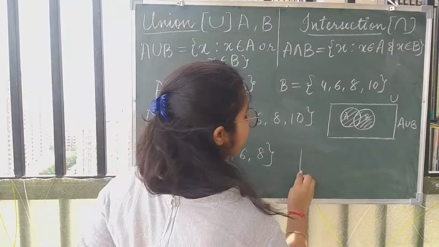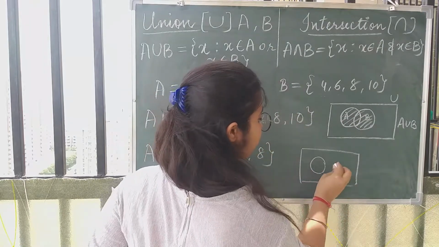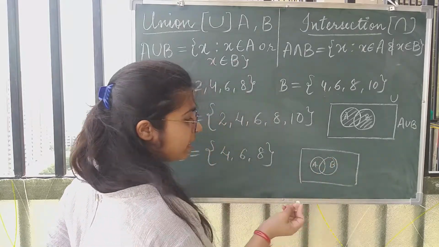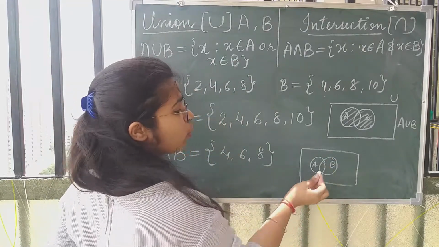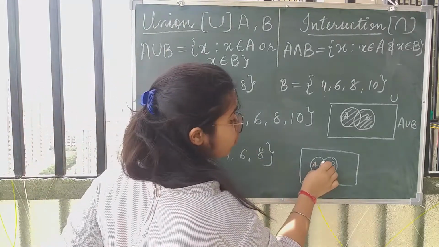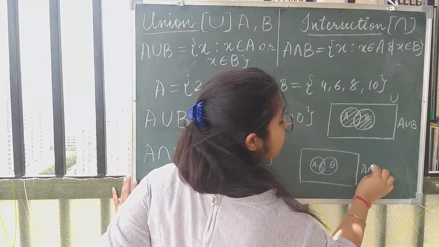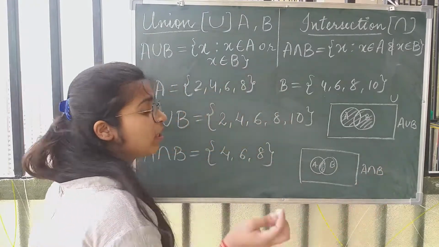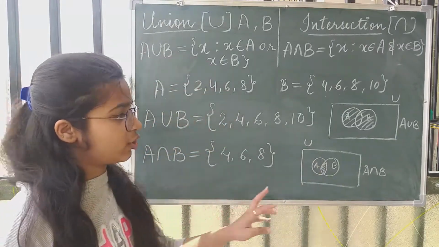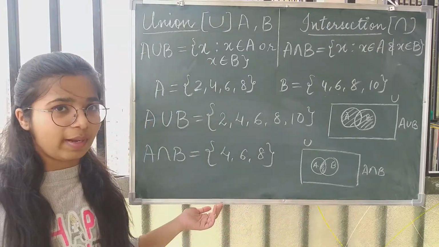Now if you have to show A intersection B, you draw the two overlapping circles showing the sets A and B. Now you can see there's a small portion in between जो दोनों में ही आ रहा है. So that is your portion of A intersection B. क्योंकि A intersection B का मतलब क्या होता है? जो दोनों ही elements, दोनों ही sets में जो elements होते हैं, those are in A intersection B. So this is how you show A intersection B using a Venn diagram.